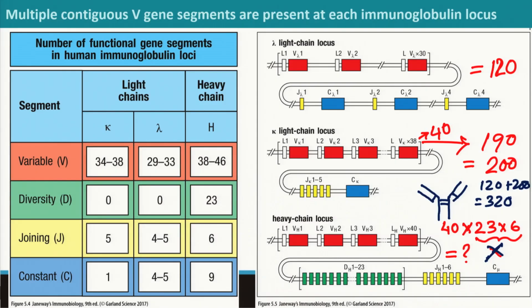Suppose we see 320, how many pieces do we need? We do not have to have 320 genes. If you just consider the light chain gene, we do not have to have 320 genes. Very few segments, by random recombination, can give us 320 possible genes. In the next class we will see how the diversity is increased, and what the other factors of diversity of the immunoglobulin receptor are.